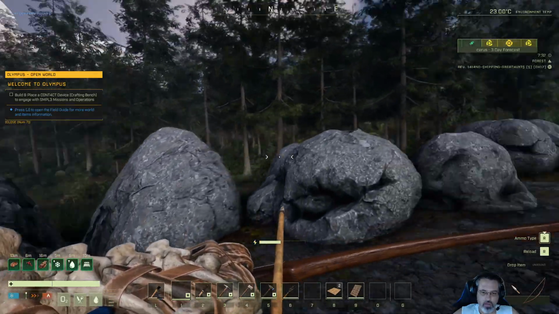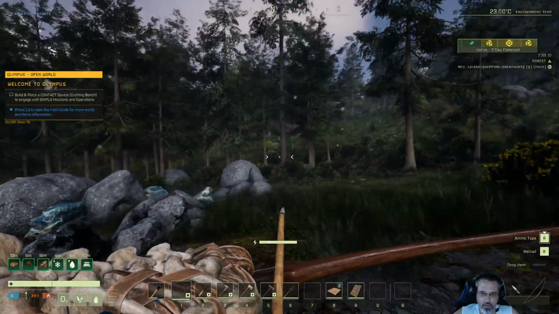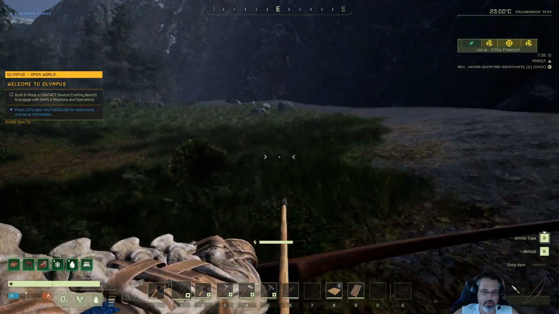It's also a longer journey than we made before, so we just need to watch our stamina and make sure our stamina doesn't get too low. Because if we do get attacked, we have enough stamina to be able to fight back and to be able to run away if we absolutely need to. So